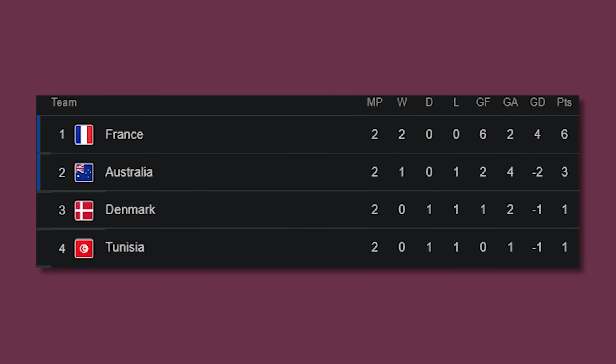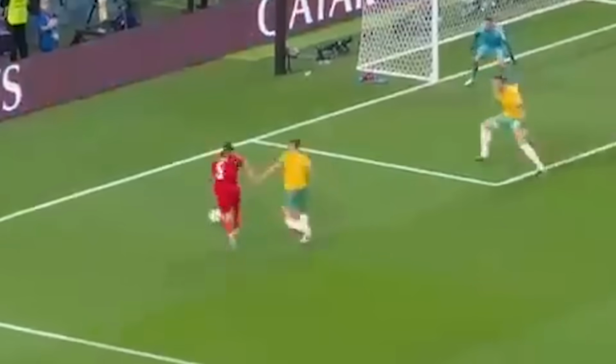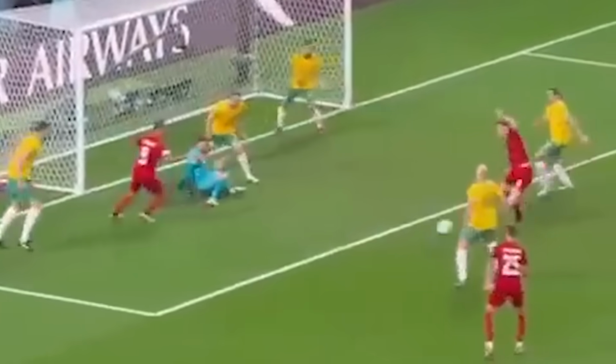But if the match were to end in a draw, Tunisia's win would send them through. From the get-go, the Danish were urgent in their ways throughout the first 45 minutes, but the Aussie defense did well to keep them from scoring. And here